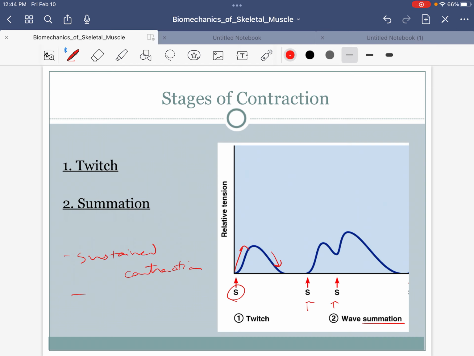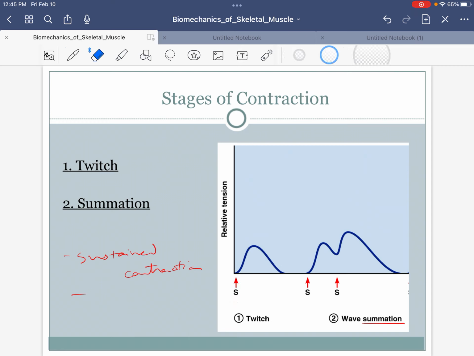The next thing is summation. We begin to send more nerve impulses more quickly to the muscle. Because, folks, it's not just one nerve impulse that we need for a muscle to contract and stay contracted. One nerve impulse will only give us one contraction, then we're done. So we need to send multiple nerve impulses. In summation, those multiple stimuli that we send, the multiple nerve impulses, build on each other.